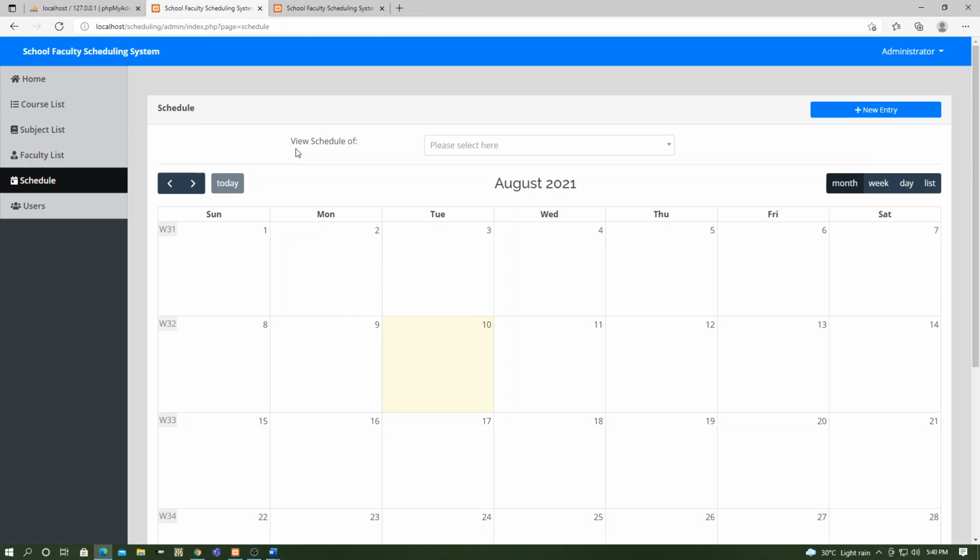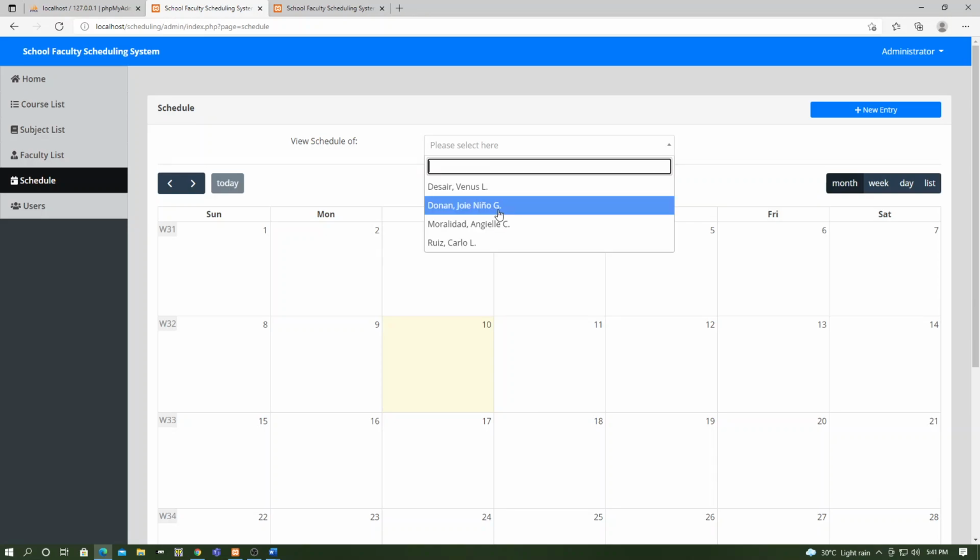We just click this drop down button, and as you can see, the faculty members or employees are listed in here. To view the particular schedule of the faculty or employee, just click the name. For example, this one.